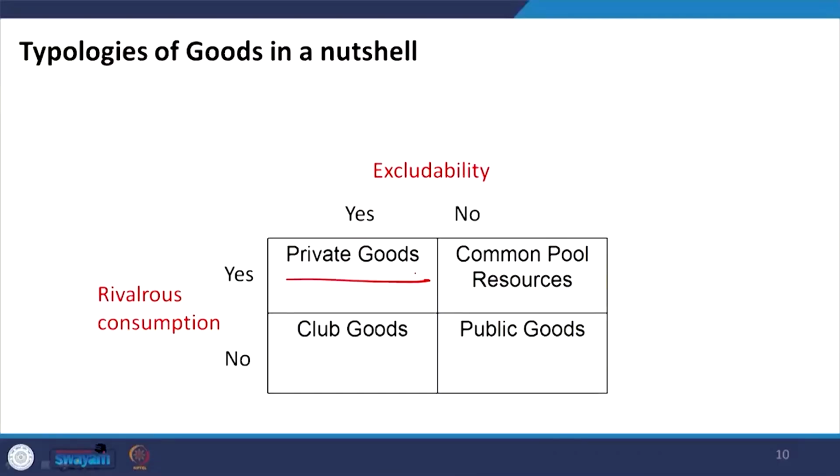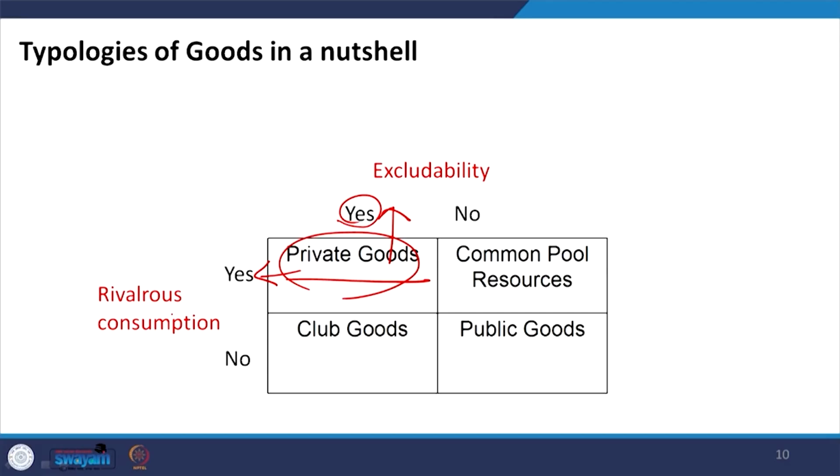So, accordingly, we can discuss the typology of these goods in a nutshell, taking into account the criteria of excludability and rivalry in consumption. If you are talking about private goods, what are private goods? They satisfy the quality of excludability, that means private goods are excludable in nature, and simultaneously they are also rivalrous. If you are consuming, then obviously the same good is not available for a second person who is ready to pay and get it. That is why private goods have the characteristics of excludability and rivalry.